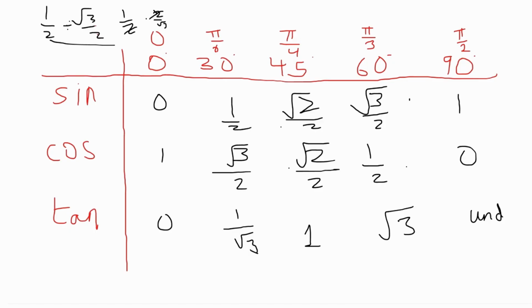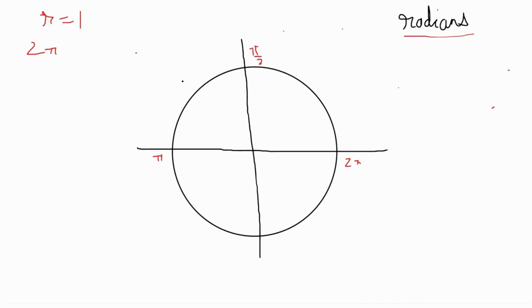Okay, so these are your basic values, except now instead of degrees, we're using radians. So sine of pi by 6 is 1 half, instead of sine of 30 is 1 half. Same thing. And with the unit circle, remember the radius is 1. So if you stretch a line like that,